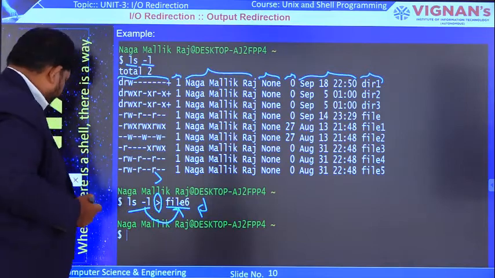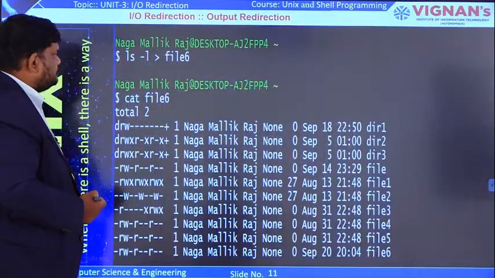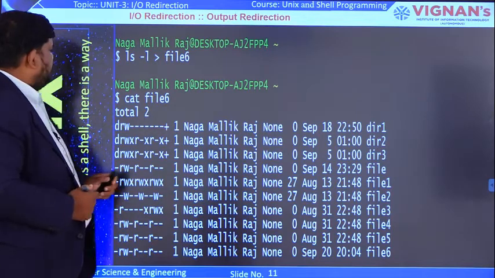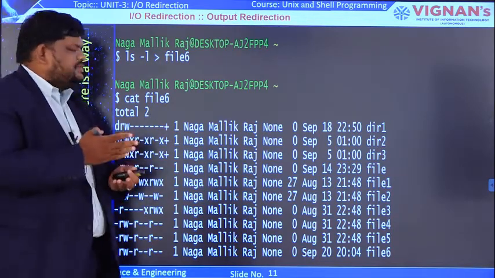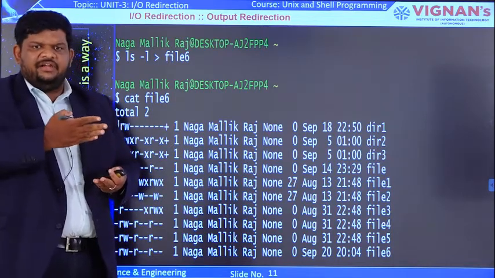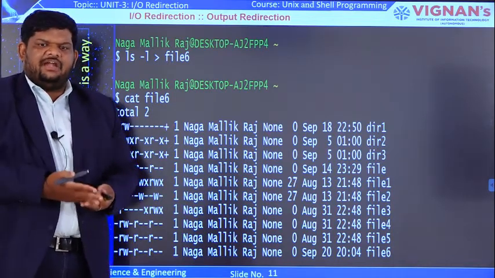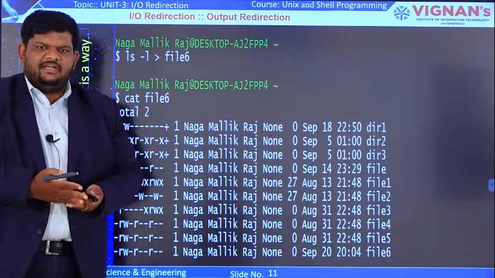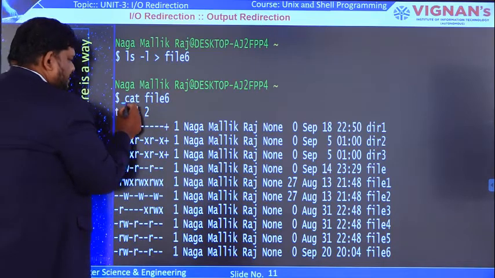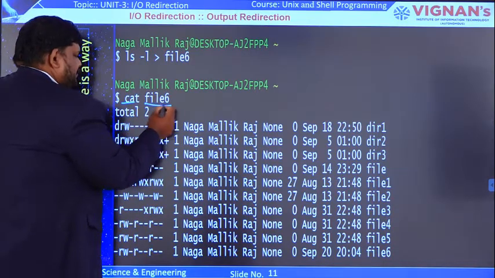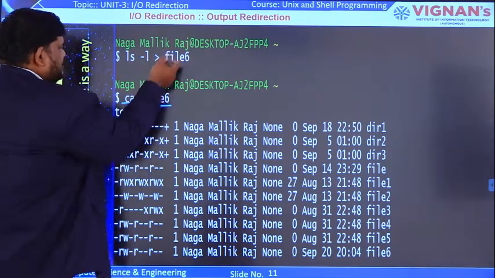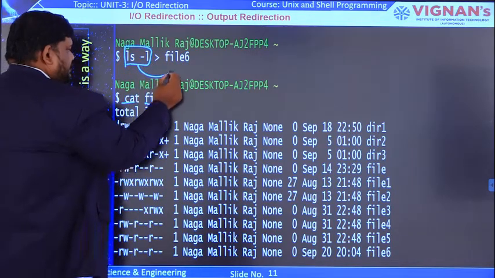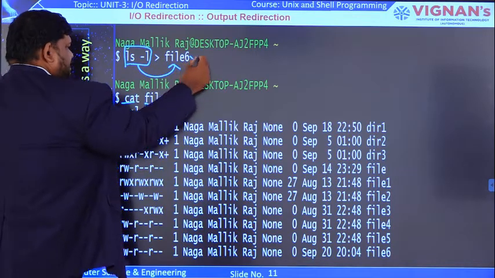Now let us see how we can check whether the output was redirected to that file or not. With the help of the cat command and the file name file 6, we can see the data present in file 6. Previously we executed the command whose output was redirected to this file, file 6.